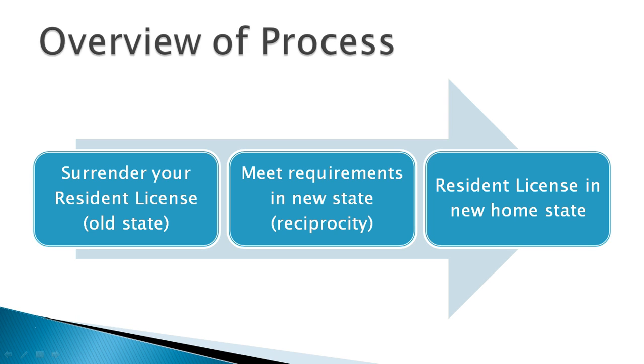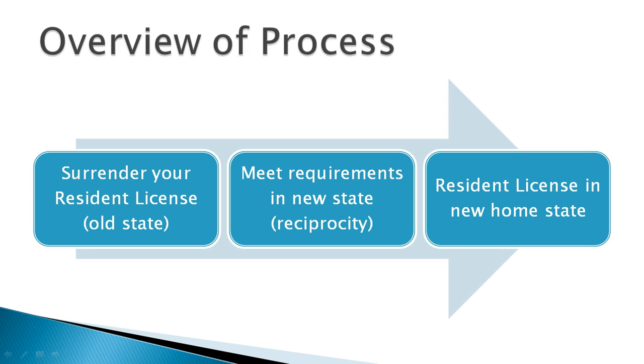So just to give you a quick overview of what the process looks like, generally speaking, now of course it's always going to be nuanced depending on what state you're coming from and going to, but typically what's going to happen is you're going to surrender your resident license in your old state. Do whatever you need to do to meet the requirements of your new state, and that could vary depending on what kind of reciprocal agreement there is between your old state and your new state that you're moving to. So for example,